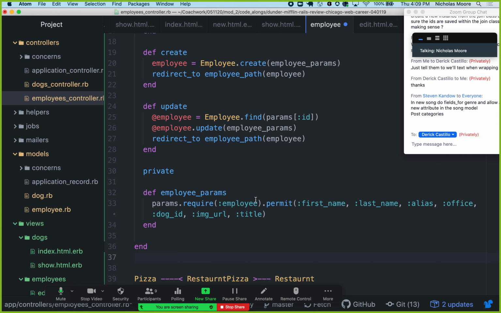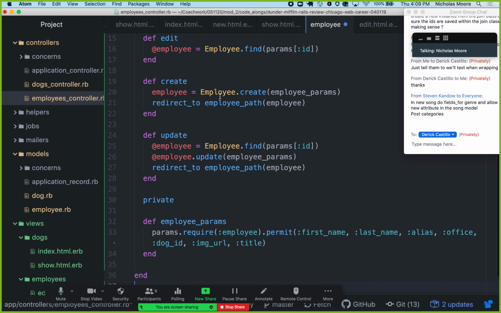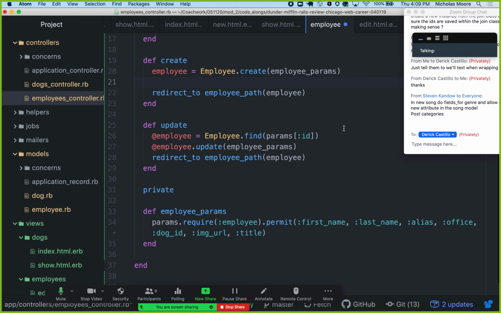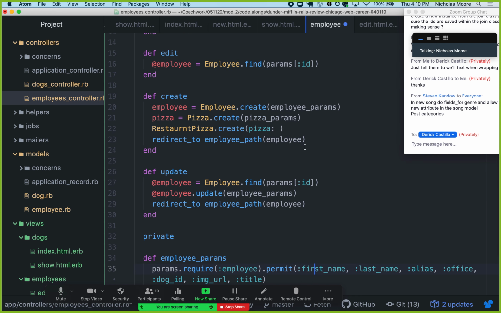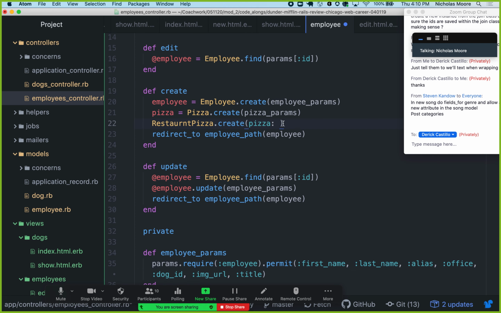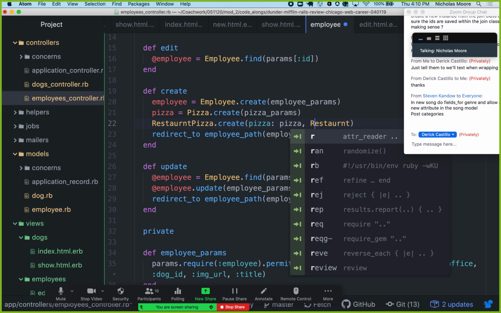So what you can do in that instance is you can still have pizza params, and that would just have ingredients, name, and whatnot, the things that are necessary to create a pizza. And then in your create, you can do pizza.create and pass in pizza params. But you would also do restaurant pizza dot create, and then you could assign it. So I would have pizza equals pizza dot create, pizza params. I can use the pizza params to create my pizza that only allows the stuff for pizza through. I still have params available for me. So then I can do restaurant pizza dot create, and for my pizza, I can pass in the pizza I just created here. And for my restaurant ID, I can pass in